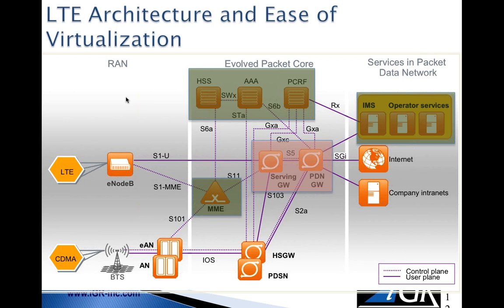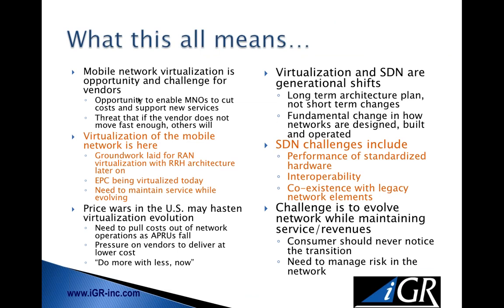And then a little bit harder is the serving gateway and the P gateway. Yes, we'll see those, but the problem, of course, is that we've got a lot of traffic going through them. So they are very critical to the revenue stream for the operator, certainly not an area you want to get wrong. And then finally, the base station, the E node B. This will be one of the last areas to get done, not because we can't, but because there are so many of them. It's such a huge process to go through all those hundreds of thousands of sites and move over to new hardware. So what we'll see is that over time, some areas will have been virtualized and some will not, some geographic areas.